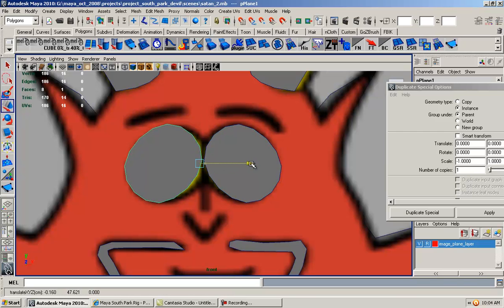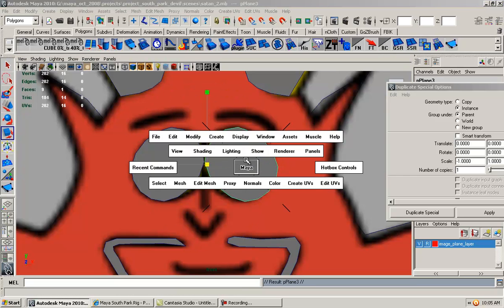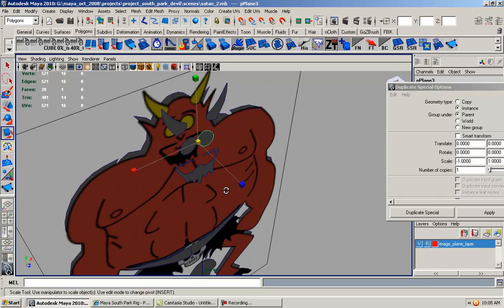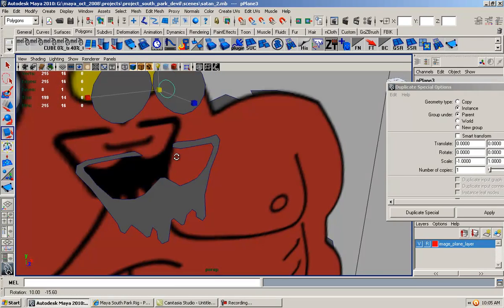Move it out. Like I said, it doesn't have to be symmetrical. I want to duplicate to make the eyeballs. Like I said, I'm using hotkeys sometimes, so I use my hotkey there,